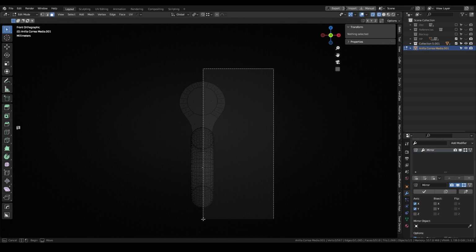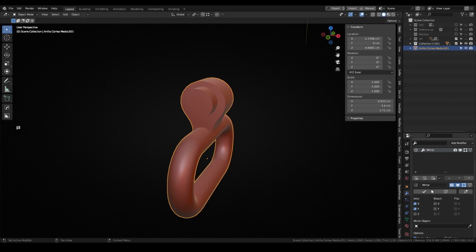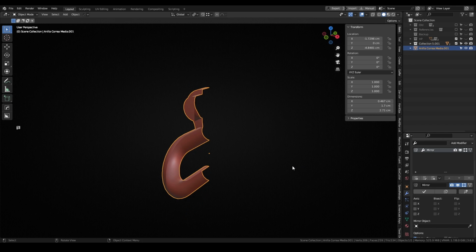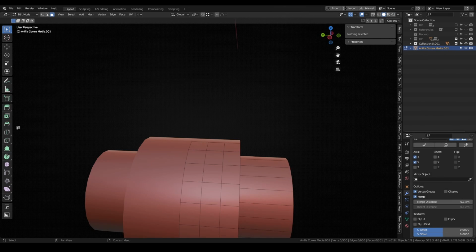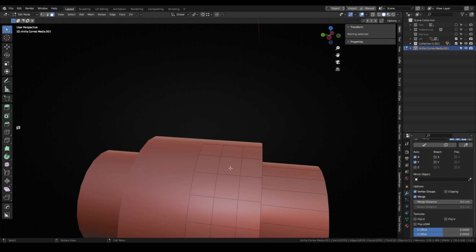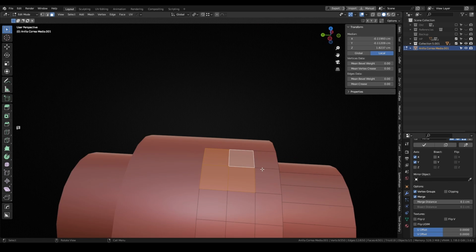If I delete even more geometry, I could use the modifier to mirror 2 or even 3 axes at the same time, making work on certain models a lot faster. By the way, an interesting detail to take into account is that most of the tools will work properly while using them on the mirror axis.